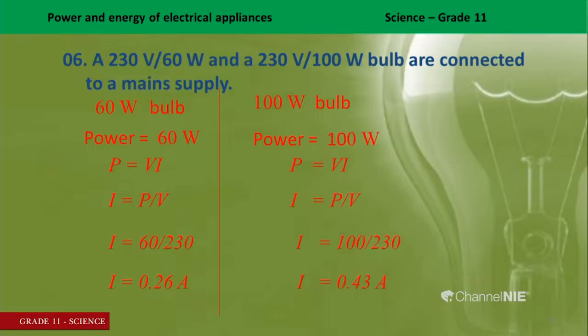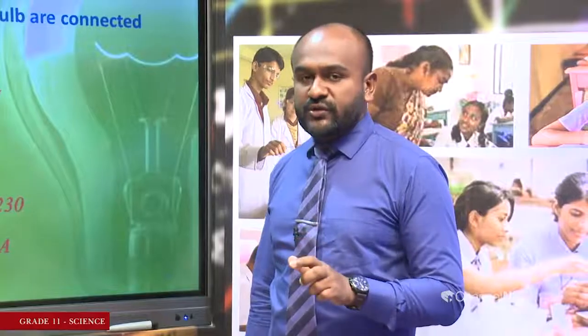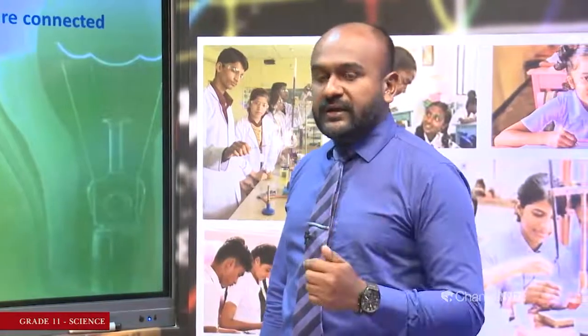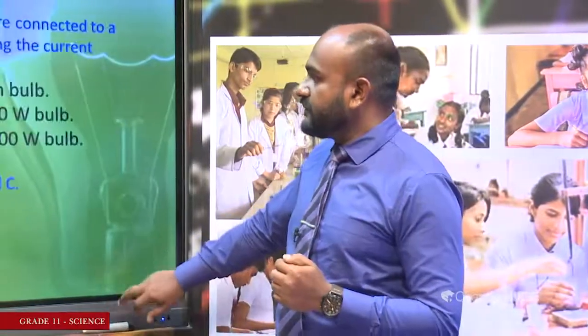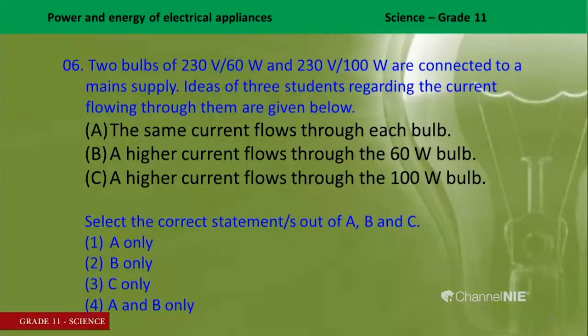Yeah, so this is what you need to do. If you are given a question like this, you need to have a proper approach to the question, and then you can compare the answers. Now we can select the correct choice. The first statement is wrong. While reading the question, you can do this. Second statement is also wrong. Third one is the correct choice. So, the answer is C only.